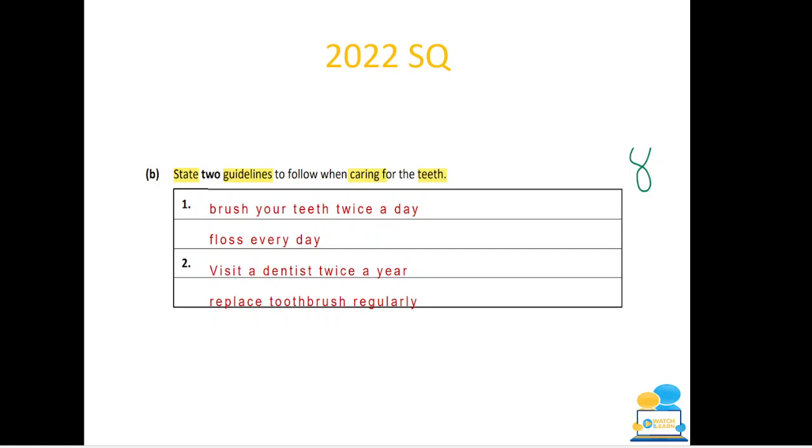And I'm looking for caring for the teeth. So if I'm caring for the teeth, it's something I'm doing and not eating, okay? So it's very important that you highlight the key information in these questions. Part A of this question was looking for stuff like eating calcium-rich foods such as milk for strong bones and teeth, and not having too many sugary foods. However, this is looking for care, so if you start talking about those points here, you're unfortunately going to get no marks, okay? So this would be stuff like brushing your teeth at least twice a day, flossing daily, visiting a dentist twice a year, replacing your toothbrush regularly. You can't keep your toothbrush for months on end because it is quite an unhygienic thing.